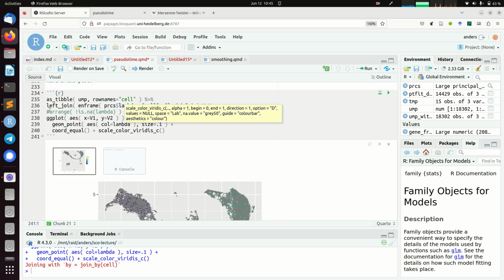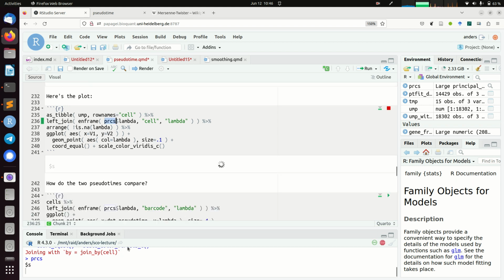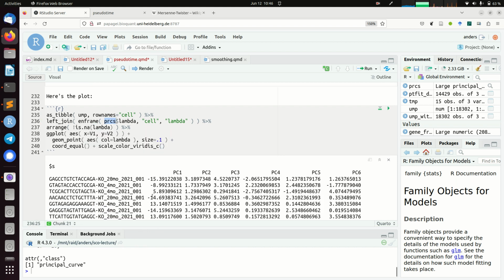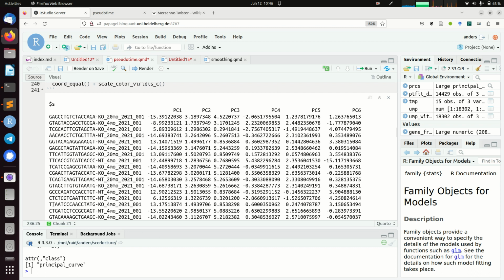So I added this little trick and told it, before handing it to the plot function, sort my data table so that those where the pseudotime is not NA are plotted last. Because as you can see here before, this principal curve function here gives me